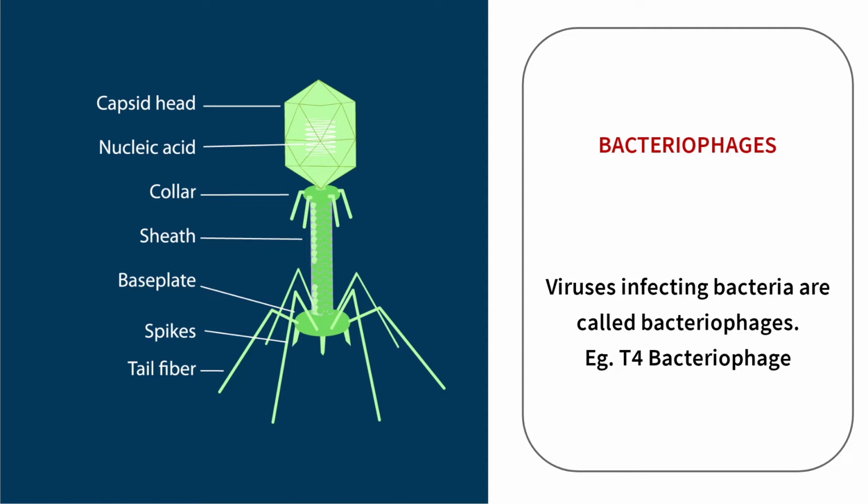When you see here, there is a capsid head. Inside there is nucleic acid at the center. There is a collar, a neck-like structure, and then the total body is a sheath, and down below you have the basal plates from which the spikes or tail fibers arise. So that is the structure of the bacteriophage. I am telling you to see this structure very clearly because this bacteriophage is the one that carries out the lytic and the lysogenic cycle. It will be easy for you to understand once you see the structure clearly, right?